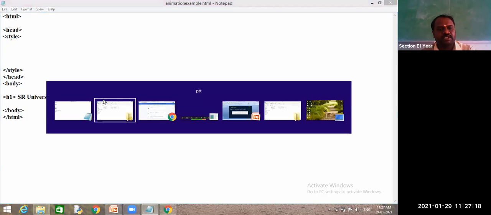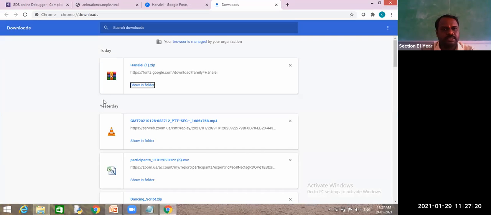Next, style, and the style has closed. In body I have an h1 tag which is printing SR University, and h1 has closed. This is my text and I will execute it to see how it prints.